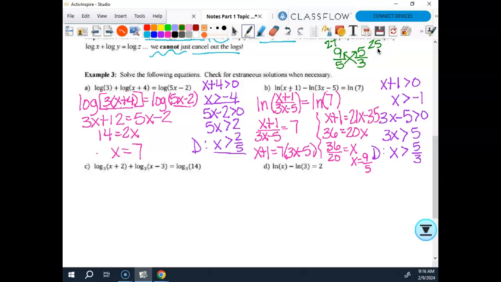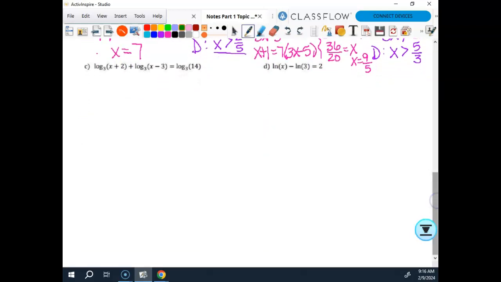The fraction that has the bigger number on it is the bigger fraction. The fraction that has a smaller number on it is a smaller fraction. So that means that 9/5 is bigger than 5/3, and that's all I really cared about, so I'm good with my answer. Okay? We good? Any questions? You were probably taught that trick somewhere along the way for some standardized testing stuff, but